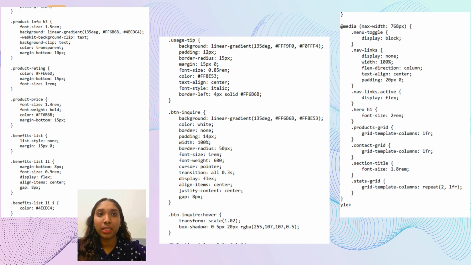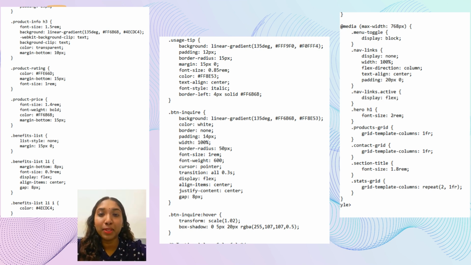We also implemented CSS keyframe animations, like a dynamic moving gradient background for our hero section and a subtle spinning effect for our logo. Most importantly, at the bottom of our style sheet, you can see our responsive media queries targeting a 768 pixel breakpoint. This is a crucial bit of code that forces the layout to collapse from a wide desktop view into a vertical mobile feed, ensuring a smooth user experience on any device.